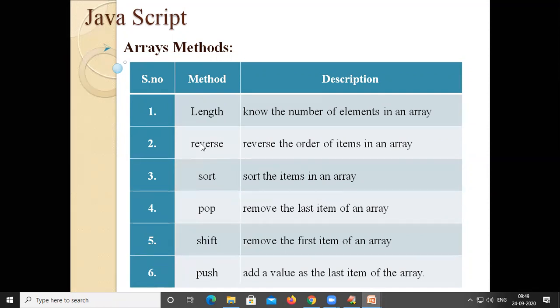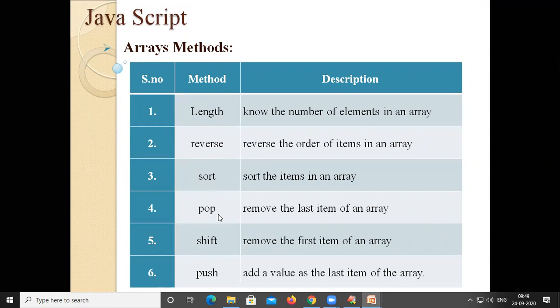And if I want to reverse the elements in an array, I can use the reverse method. If I want to sort the elements of an array, I can use the sort method, either in ascending or descending order. I think it is in ascending order. The sort method is used to sort the numbers in ascending order, right?